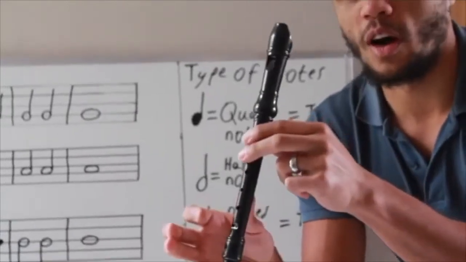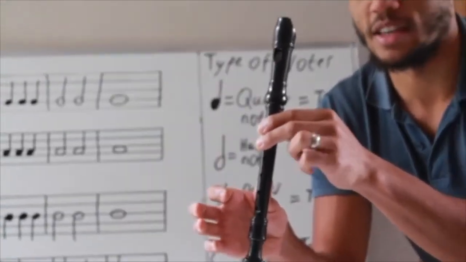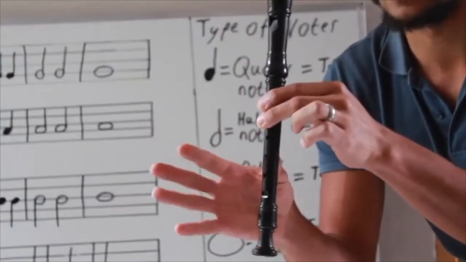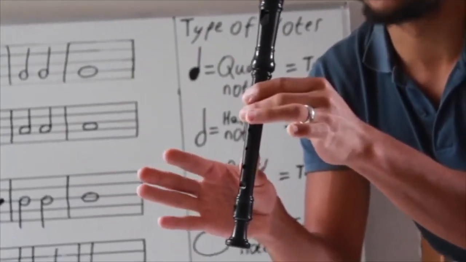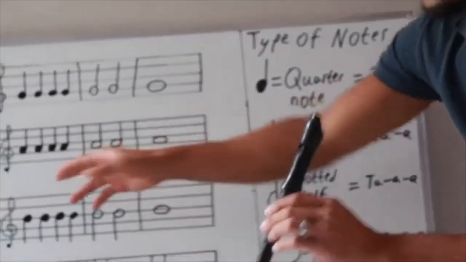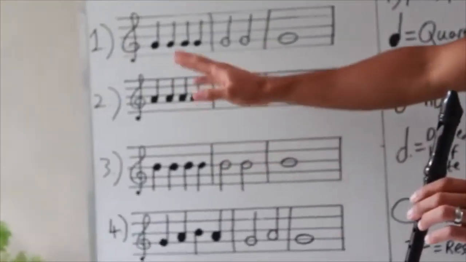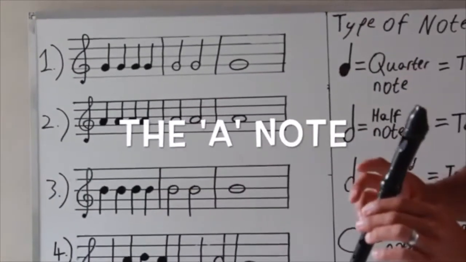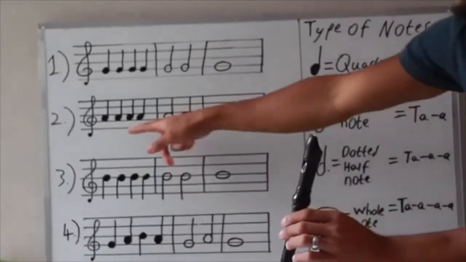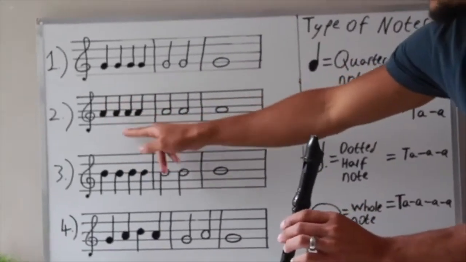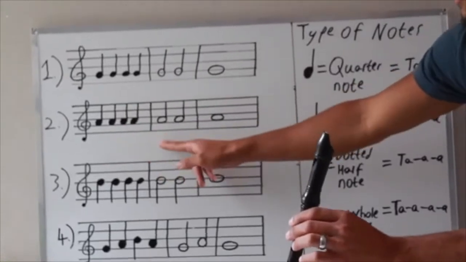So we're going to hold our A note, which is like a snake. So it's like a G, but you remove your ring finger. But this hand still remains over here. It's just now you have 2 fingers down, snake, and your thumb is still there. So let's play line number 2 with the same rhythm, but this time using A. Okay? So let's try that out. Same rhythm. So it's still ta, ta, ta, ta, ta, ta,